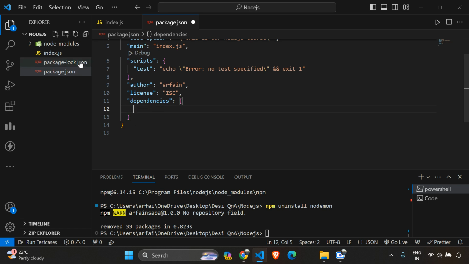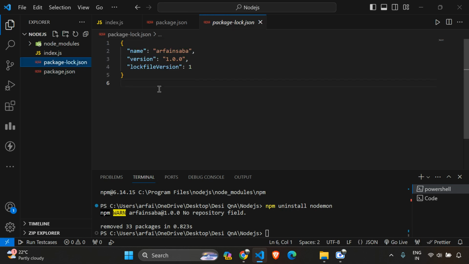We don't have any dependency over here. And again, inside my package.json, you can see that the entire dependencies code that we had has been deleted.